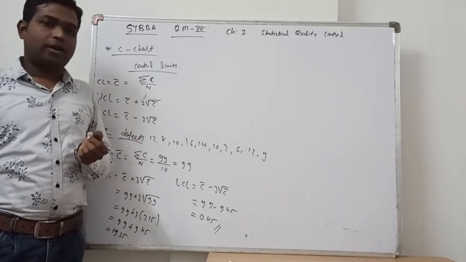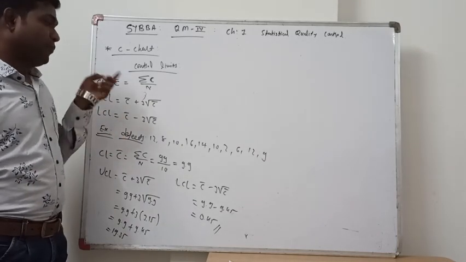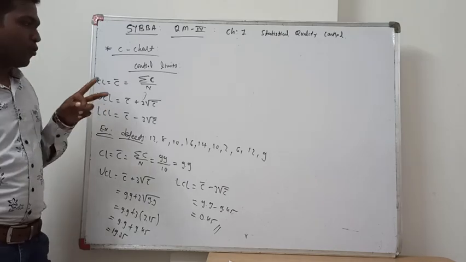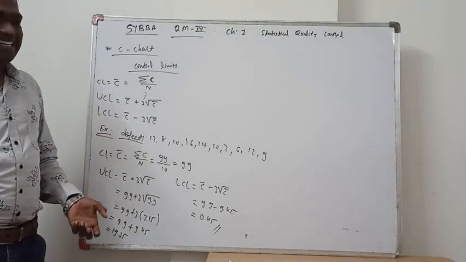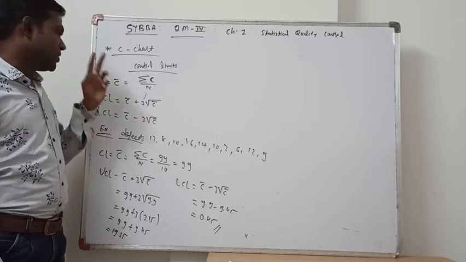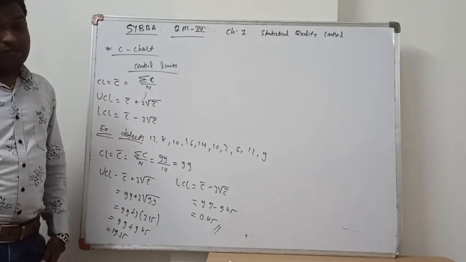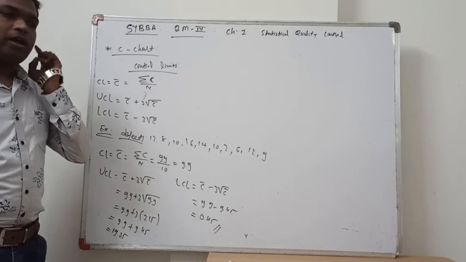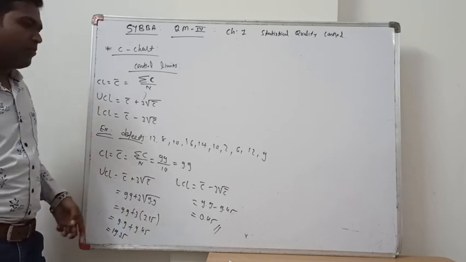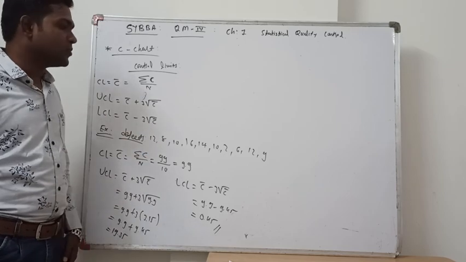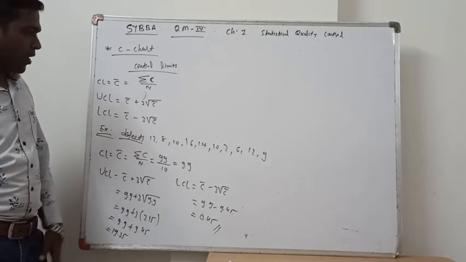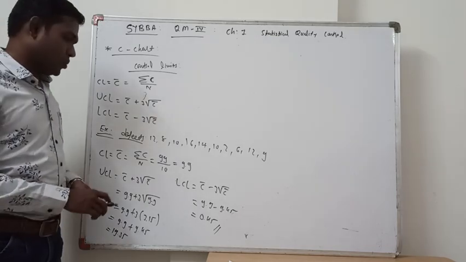So this is all about the C chart, right? Now I will give you 2 questions for homework also, that I will send you as a photo, one on the R chart and one on the C chart. In the first lecture we already learned the X bar chart, and in that also I gave one question, and many of the students sent me the answers. That is good. You tried your efforts and solved these questions.